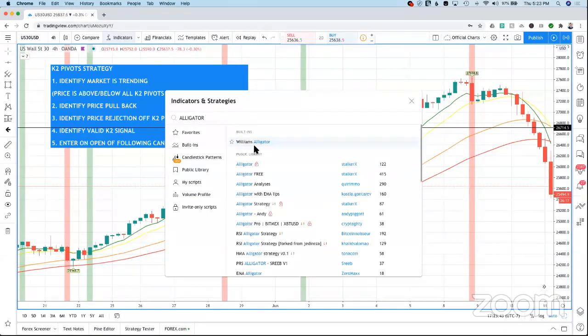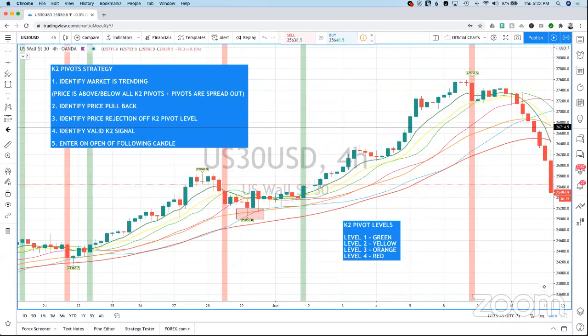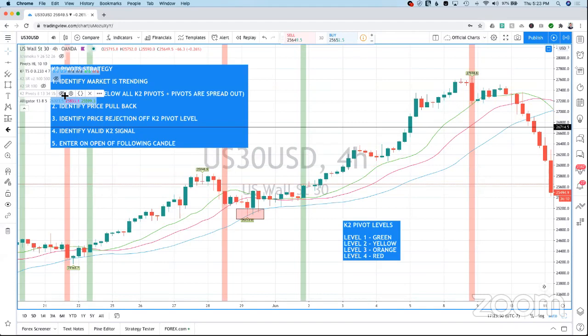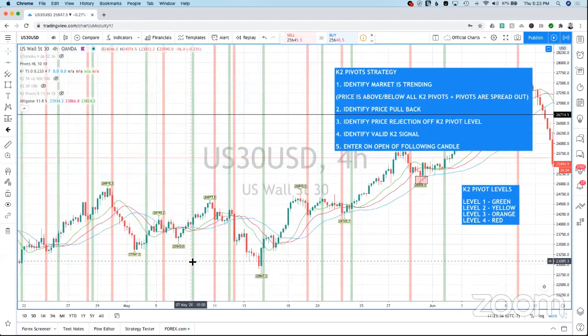Williams alligator, is this it? Let's see. So it looks kind of similar, but it doesn't really look